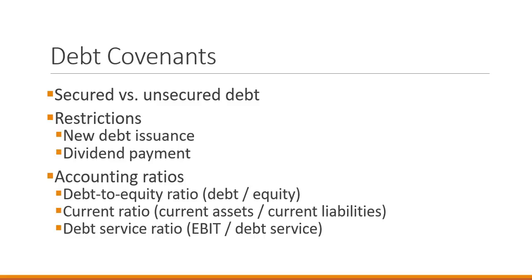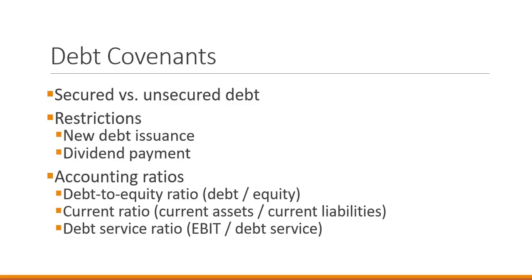Finally, debt service ratio is EBIT, earnings before interest and taxes, divided by debt service. Sometimes this is calculated as the interest coverage ratio, earnings before interest and taxes divided by interest expense. But in the case of an amortizing loan, the loan has an interest payment requirement as well as a principal payment requirement. And the debt service ratio gives a more complete picture of a company's ability to make that debt